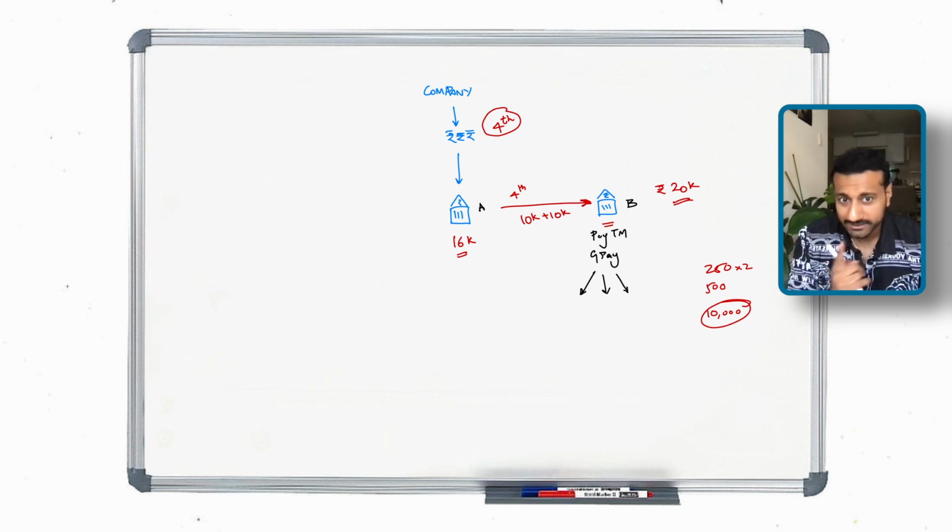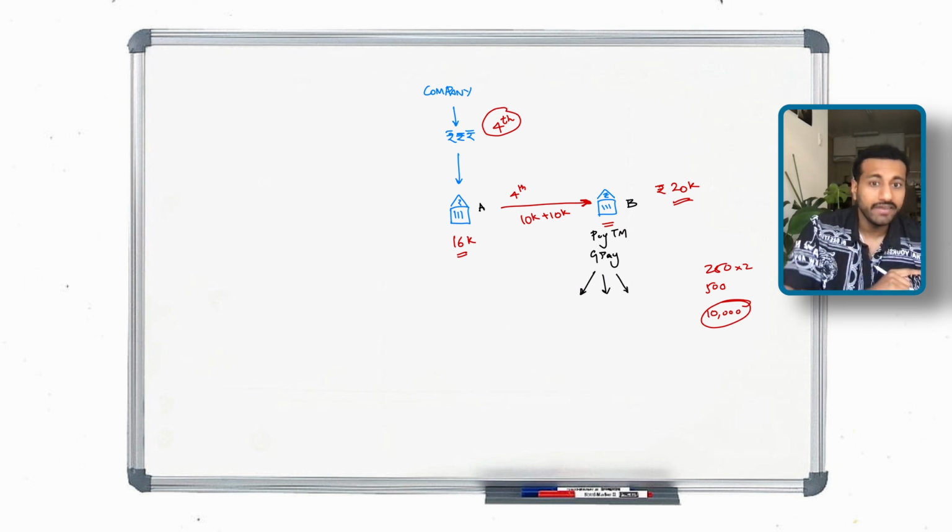So is it wiser for me to stay near my office? If I live near my office, then I'm saving hours of commute, and I'm also saving money. Even if the rent near my office is higher by 5,000 or 8,000 rupees, I'm still saving money by spending more on my rent. So this kind of analysis can be done once you connect your Paytm and GPay and you're only spending on